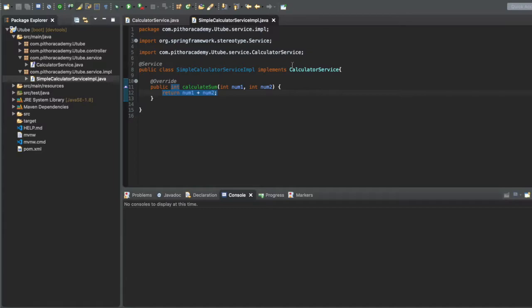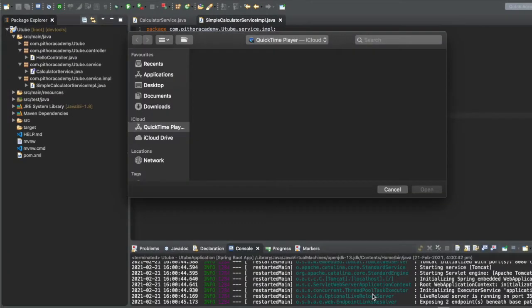One more annotation we can use here is @Component. As we know that this is specific to the service layer, we'll mark it @Service. Now after adding @Service, the lifecycle of this will be handled by the IOC container, and whenever we mark @AutoWired, the IOC container will provide us that bean at runtime. Now let's create the controller class where we inject this simple calculator service using the @AutoWired annotation.